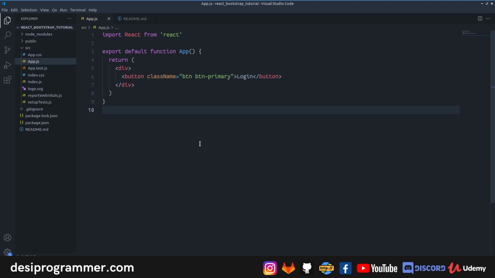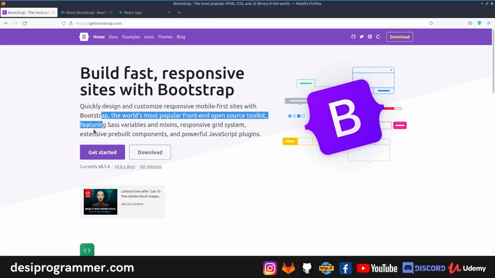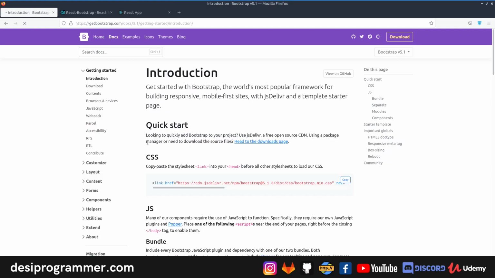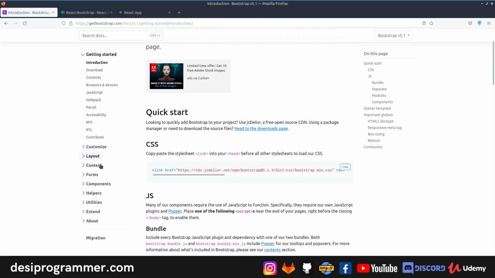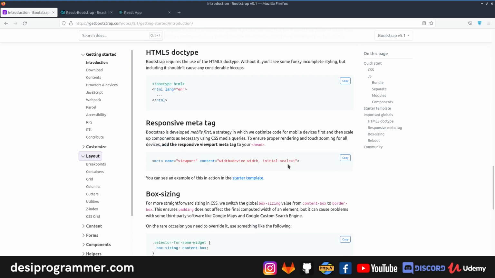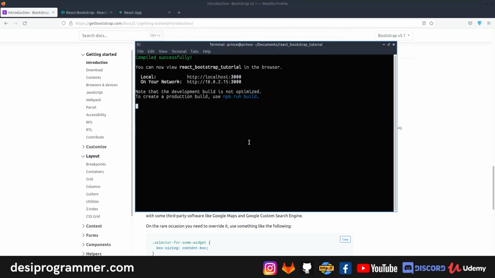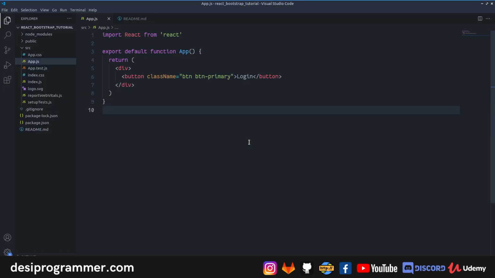If you are not familiar with Bootstrap, let me tell you, there is no such thing as learning React Bootstrap. Why? Because I'm pretty sure there are not many tutorials on this, and even if there are, they will already assume that you know Bootstrap. So if you want to learn Bootstrap, you have to learn Bootstrap with basic HTML and CSS. There, if you learn everything about Bootstrap, for example all these Bootstrap components, all these helper classes, utility classes, basic layout, for example how you use the grid, what this column system is, what this row system is and so on, only then can you actually import that knowledge to React.js. You can't just learn Bootstrap with React.js. I mean, you can, but I really recommend not to.